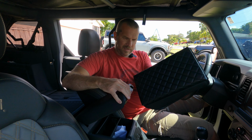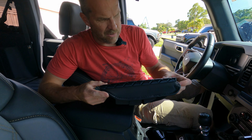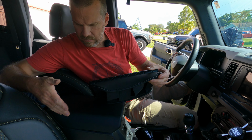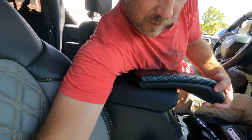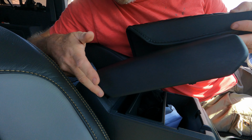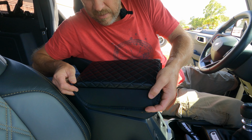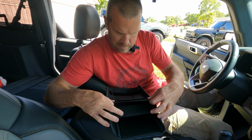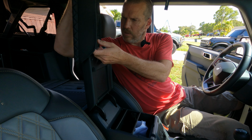Now, all this is just a cover. If you can see right here, you have the nice roundish edge, and then you have more of an angle. The angle goes towards the back, as you can tell. Let me set this back. There you go. This right here has the angle, while this right here is a little bit less. So it'll go like this over the top of it. Now, as you can tell, you have these little stretchy elastic pieces, and what they do is bring this up, go over,